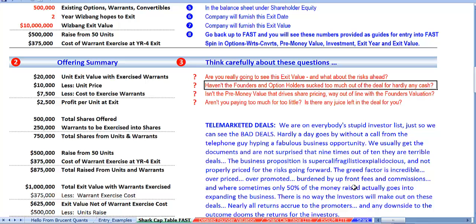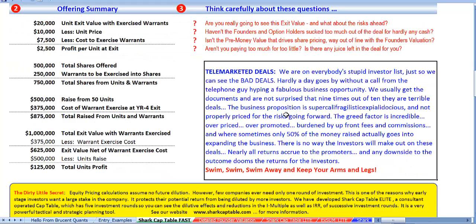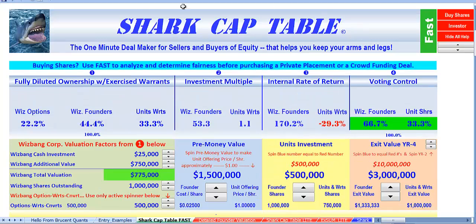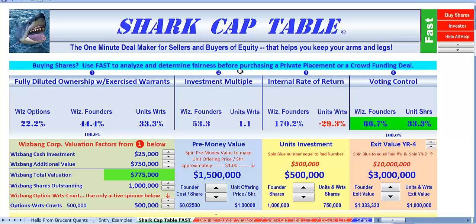And the answer is, so you can read this telemarketing disclaimer. Basically, we get a lot of deals and we look at them just to see how bad they are. We suggest you swim away and save your arms and legs by virtue of using Shark Cap Table. Remember, this is a great tool for buying or selling. We just did the buy side. Generally, you're going to be using it for the sell side, but don't be afraid to analyze a deal using